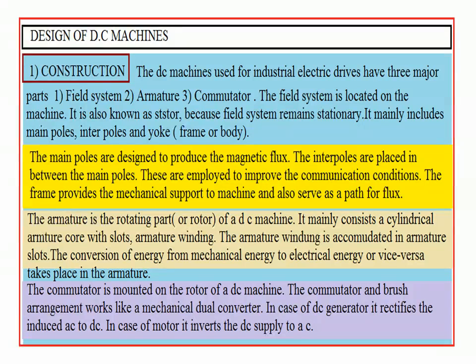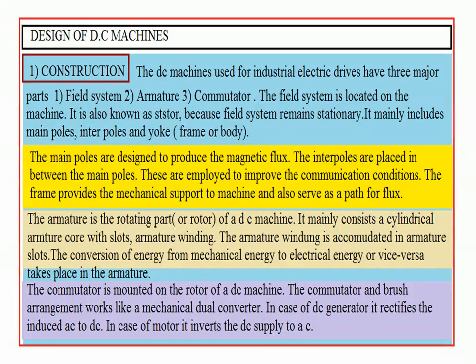The armature is a rotating part, hence it is also known as the rotor in case of a DC machine. It is a cylindrical structure which is mounted on the shaft. On the outer periphery, the armature slots are punched. These armature slots house the armature windings. The armature winding may be lap winding or wave winding as per the design considerations.